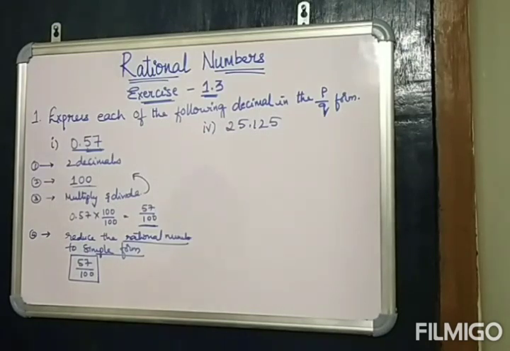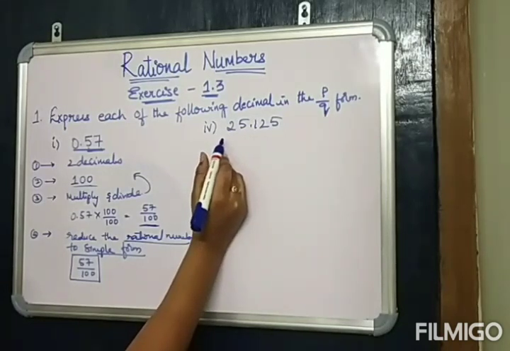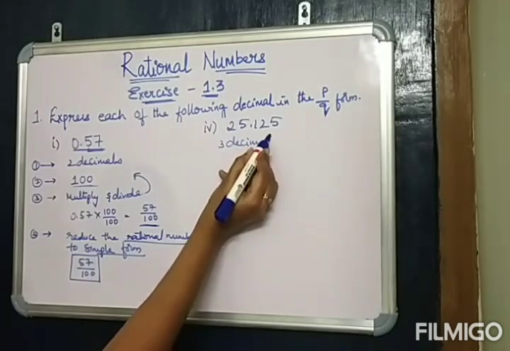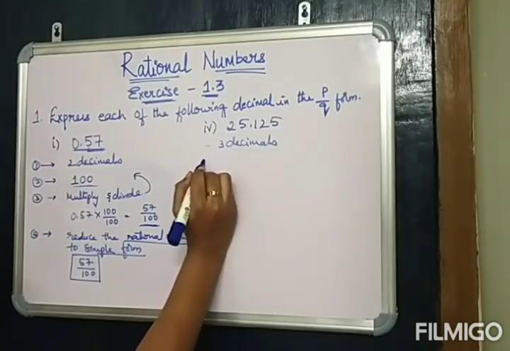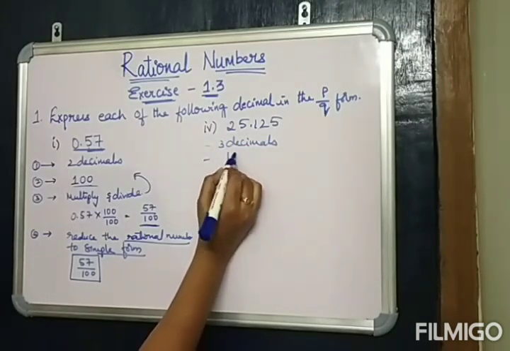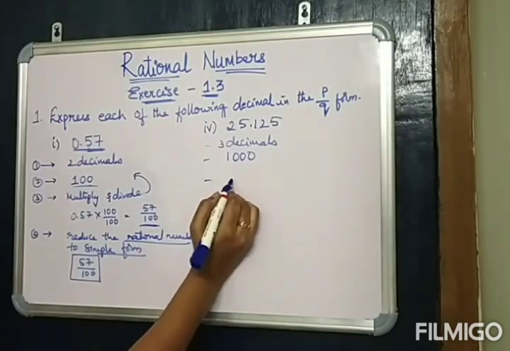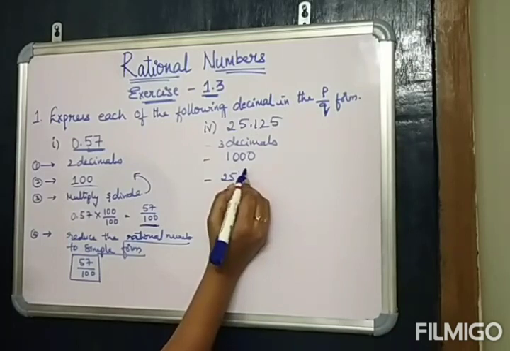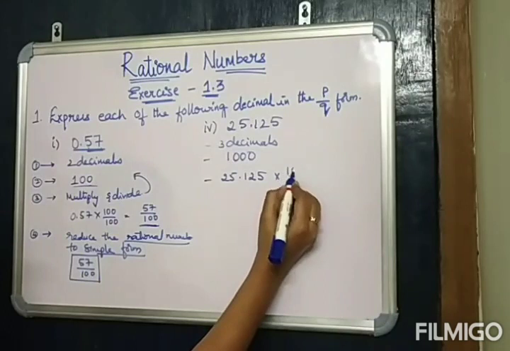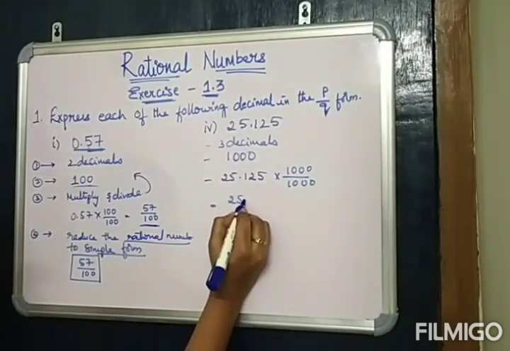The next example is 25.125. First step, we have to find out the decimal places. How many? 3 decimal places. And 1 annexed with the number of zeros, 1 followed by how many zeros? 3 zeros. And we have to multiply and divide by 1000. 25.125 into 1000 divided by 1000, and then we get